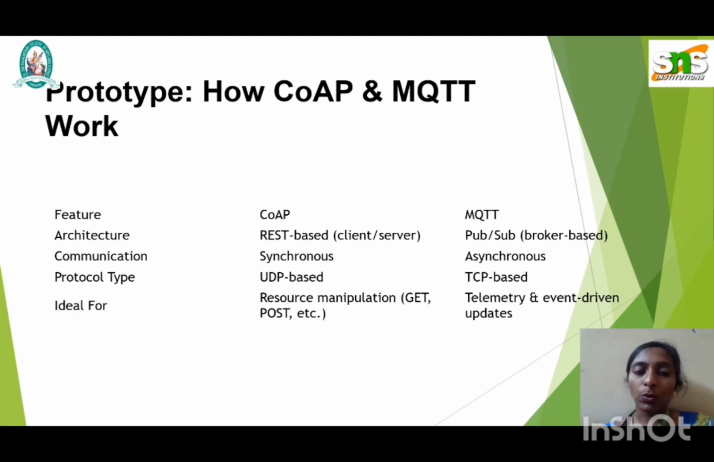MQTT uses publish and subscribe clients, and it is a broker-based system. When the data is needed, it always sends the data to a particular recipient. Communication in CoAP is synchronous, and MQTT is asynchronous communication. CoAP is a UDP-based system, which means it